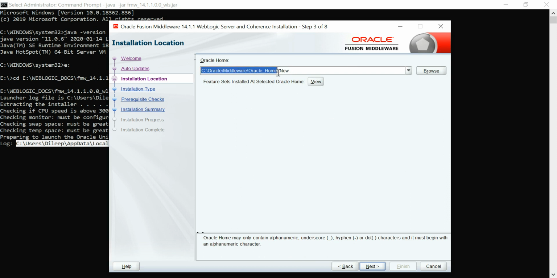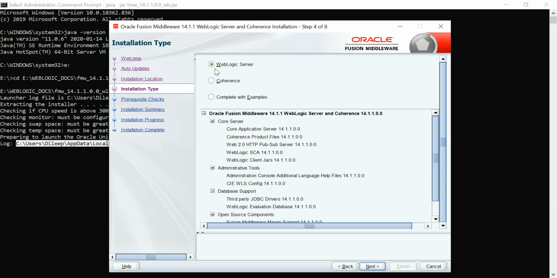This is the default Oracle home path. I have already installed WebLogic 14c in that path. That's why I'm giving a new folder name here, Oracle home underscore new. Just click on next.